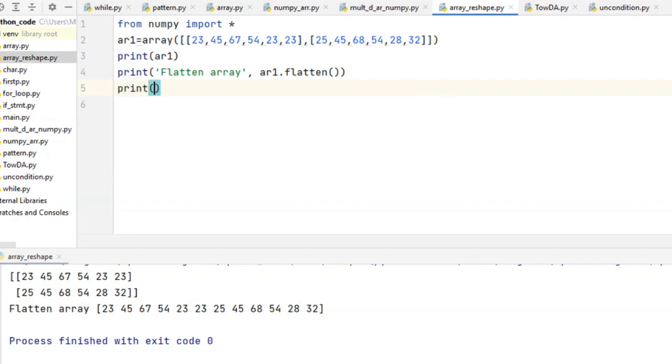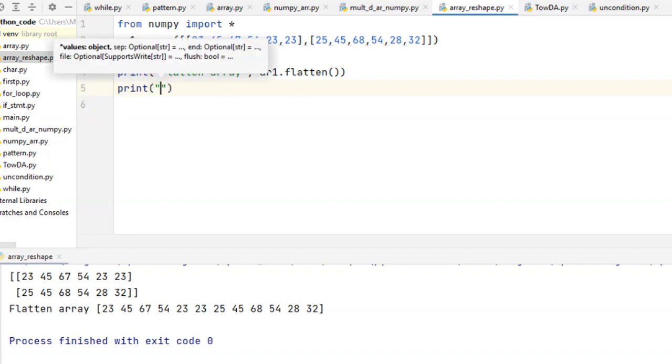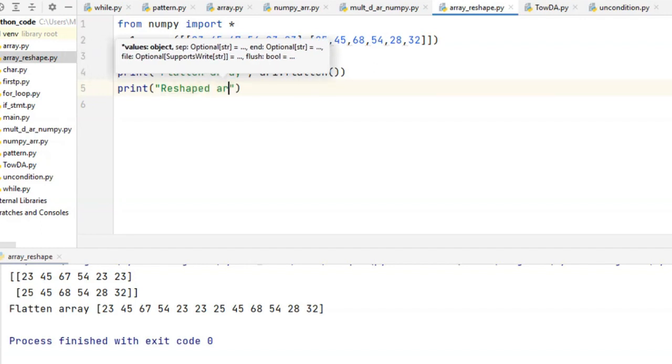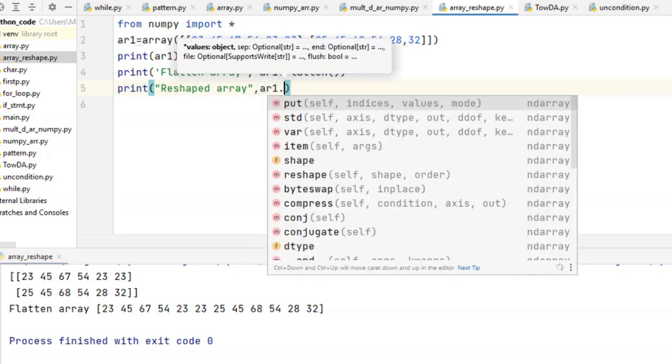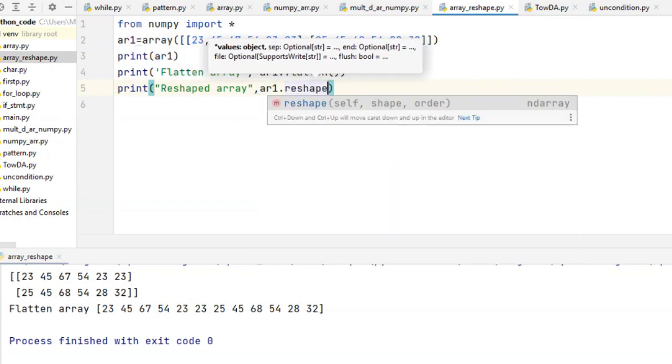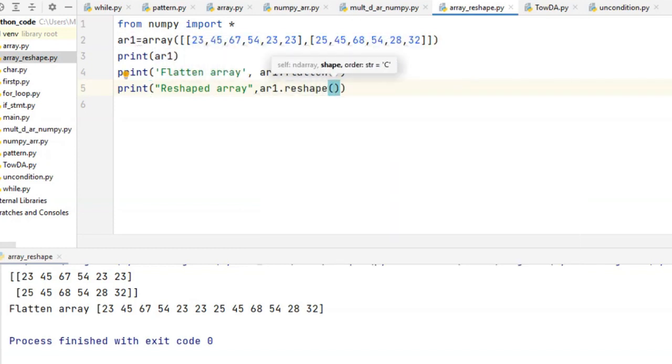Print reshaped array. Print reshaped array. AR1 dot reshape 2, 2, 3.